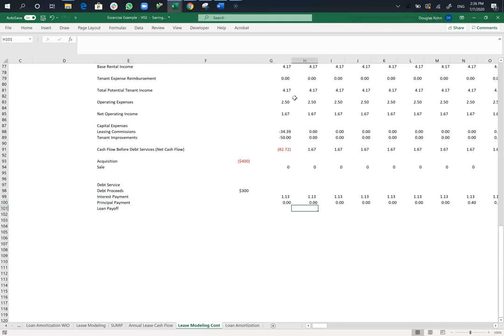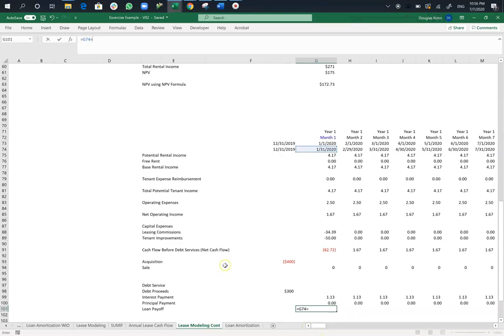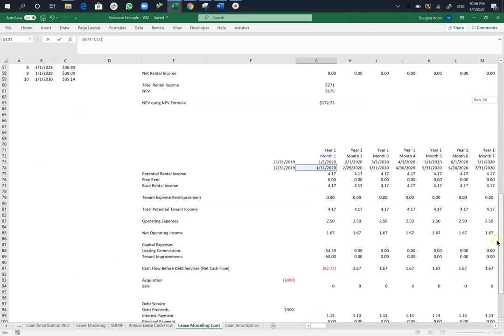The last step is to model the loan payoff, or at least the last complicated step. After that, it's addition and subtraction. The loan payoff is fairly simple, and it's going to use a combination of two things that we just learned. One is the alternative if statement. So we're going to set the month equal to the sale date again. Parentheses, and then we're going to multiply times a very similar index match formula that we used for the principal